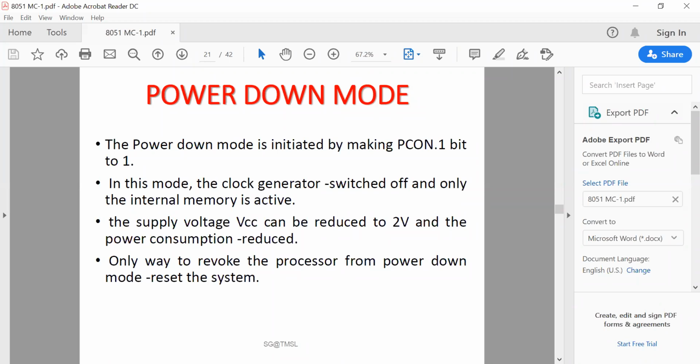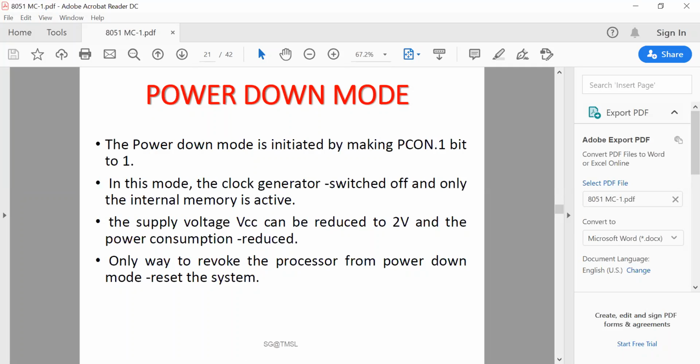Actually the VCC can be reduced to minimize power consumption. It is important that VCC must be maintained high until the 8051 enters the power down mode, and VCC must be restored before power down mode is terminated, because this would ensure that no damage is done to the internal circuit during power down mode.